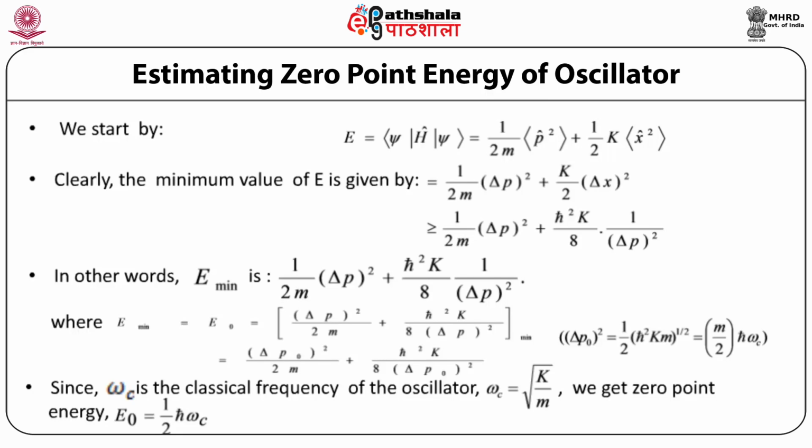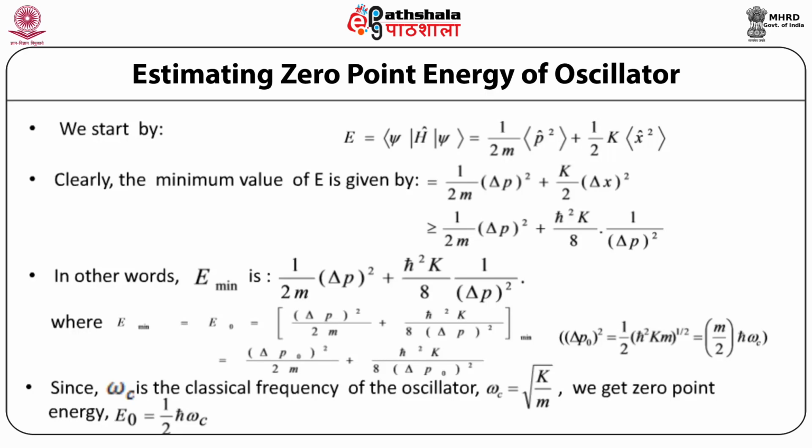In other words, the minimum value of the energy or the 0 point energy of the oscillator is given by 1 by 2m times delta p square plus h cross square k by 8 times 1 by delta p square,